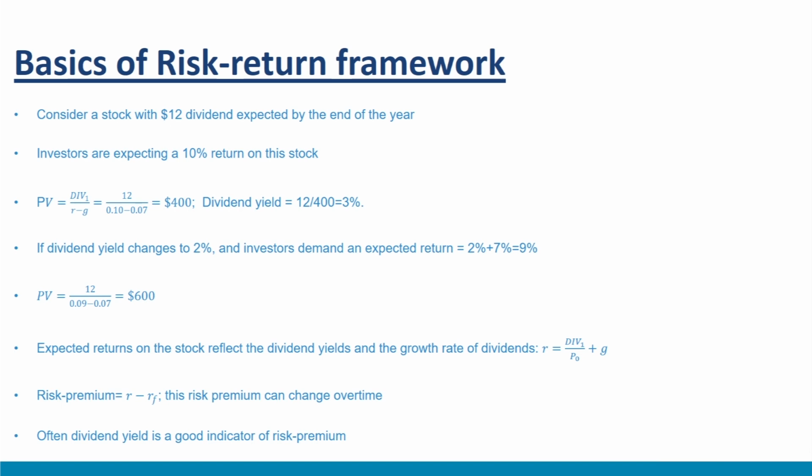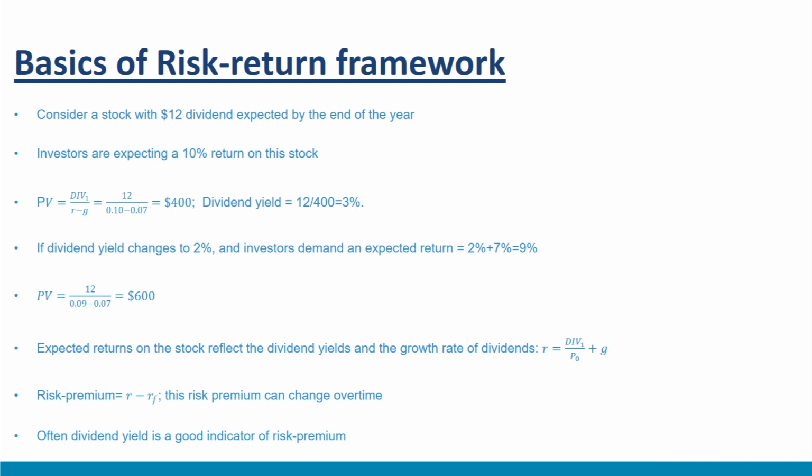Imagine that now investors revise their expectations and expect a dividend yield of 12% and demand an expected return of 9%. The revised price estimate can be computed as shown here. Present value PV equal to 12 upon 0.09 minus 0.07 equal to $600. Thus, a fall from 10% to 9% in the required returns leads to a 50% rise in the stock price. This is one case where the returns required by investors have come down. If we would have relied on past returns, then we would have overestimated the risk premium desired by the investors